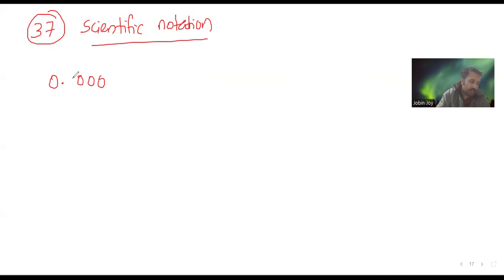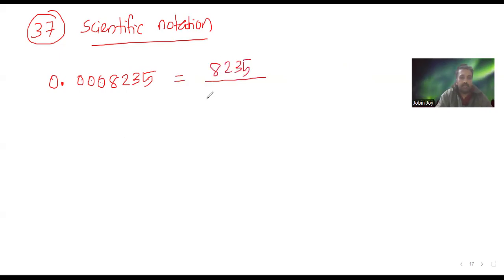0.000 zeros, then 8235. Okay. So 1, 2, 3, 4, 5, 6, 7. After this decimal, there are 7 places. So this will be equal to 8235 divided by